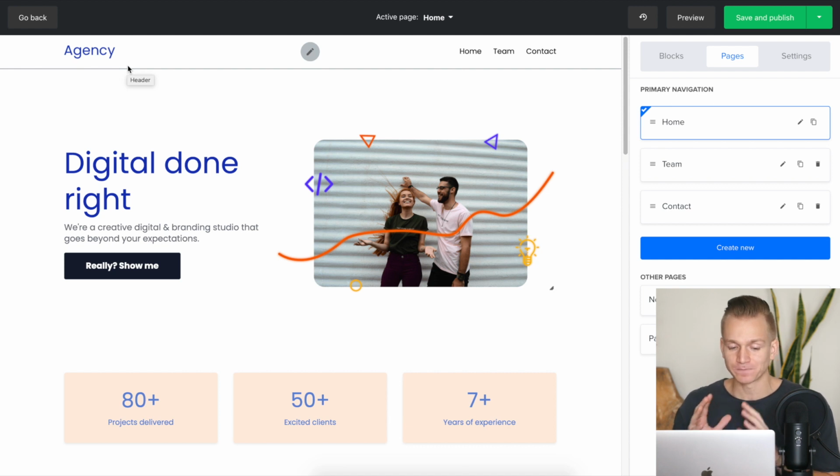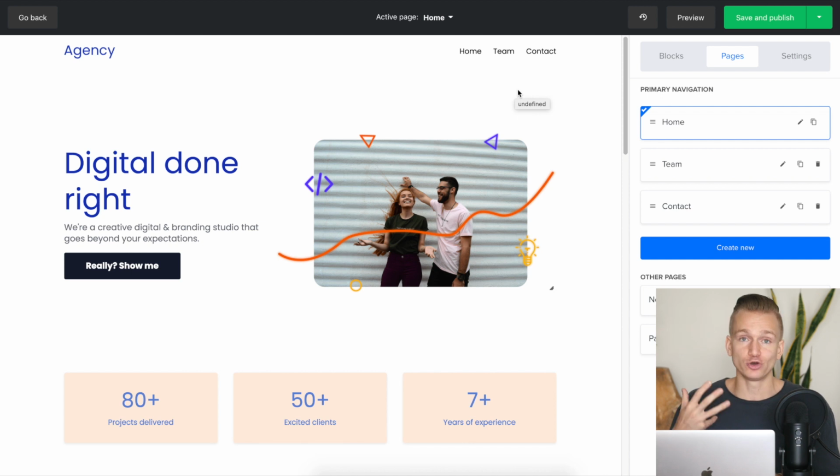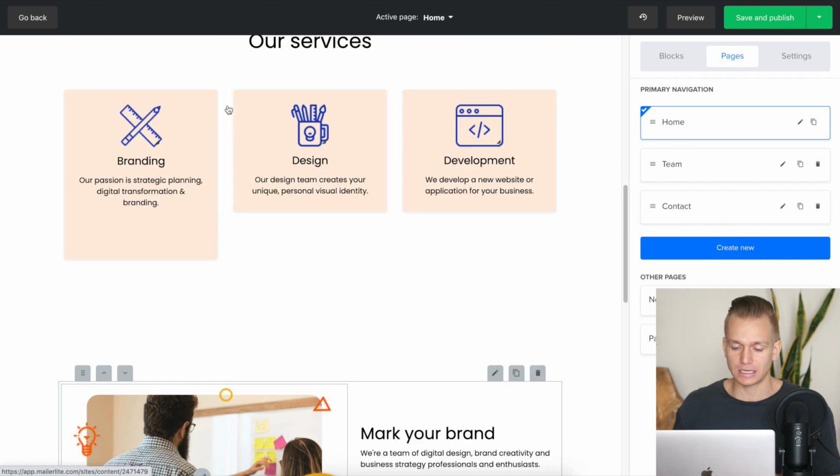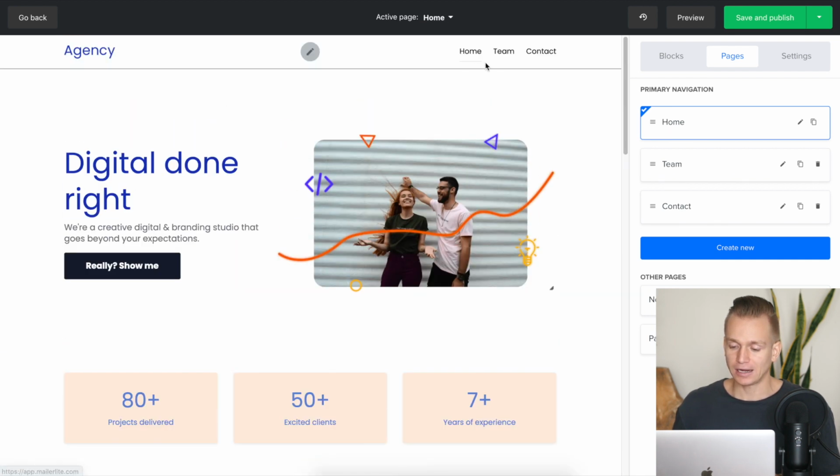All right, so now for some things that are specific for each of the platforms. With MailerLite, the really cool thing that they started now is that you can create your own website. So instead of just having a landing page, you can actually have a website. This is an example of what it looked like. As you can see here, you have your menus, so you can have different pages, whether it's your team, maybe your services, your portfolio, whatever. You can basically bring people to a website, and from there they can go on these other pages, and you have an actual website instead of just a landing page.